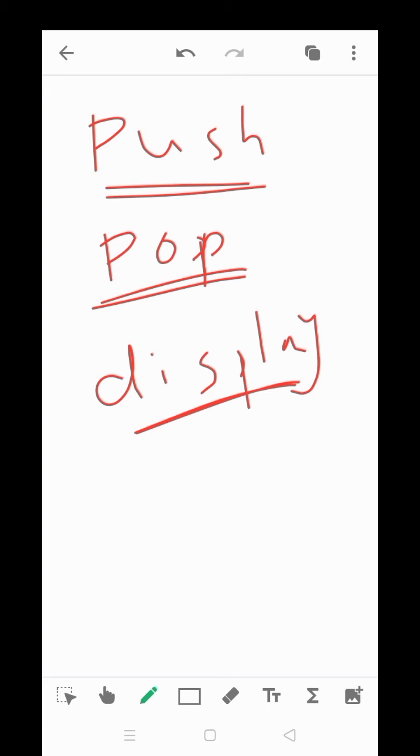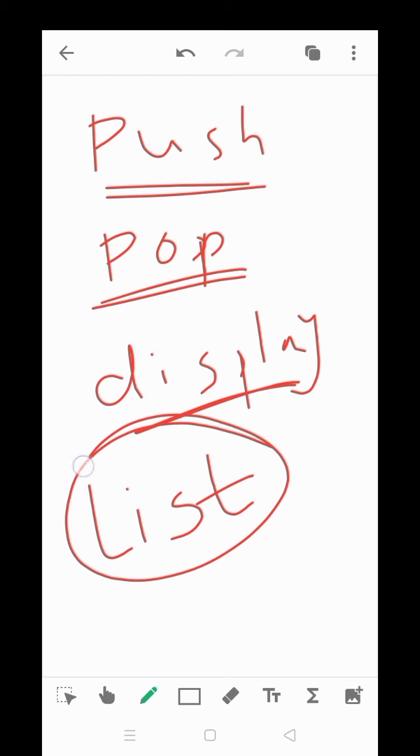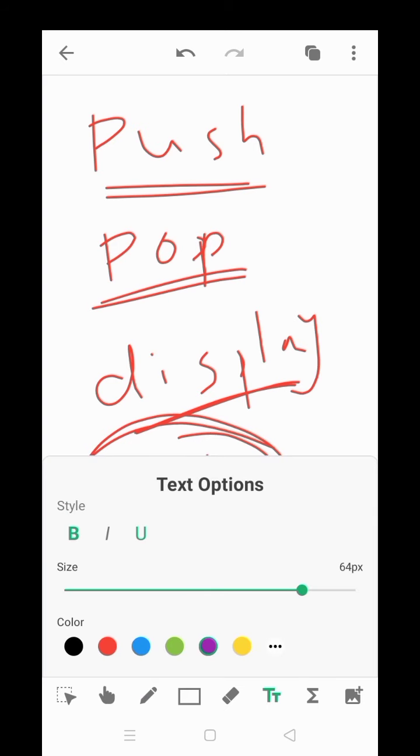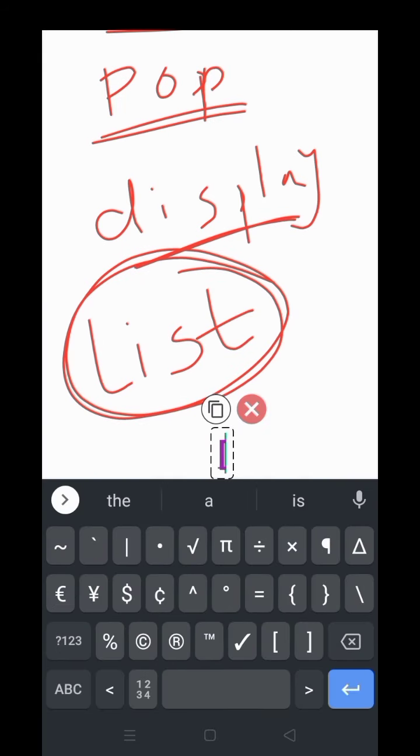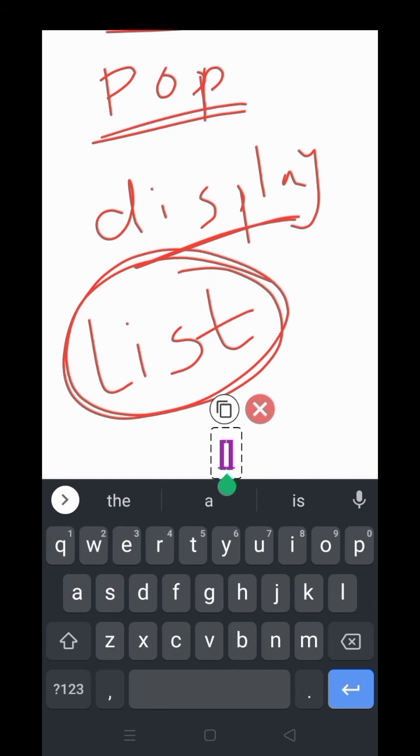Now we will implement this stack by using lists only. List is the important thing here. So list is something like this. A list is a collection of objects in which each object is separated with a comma.